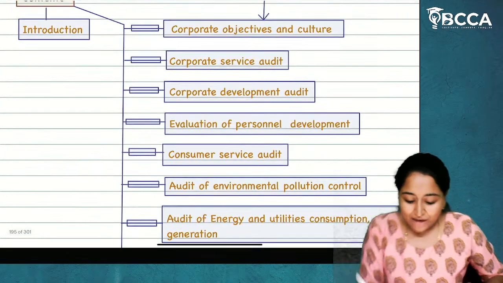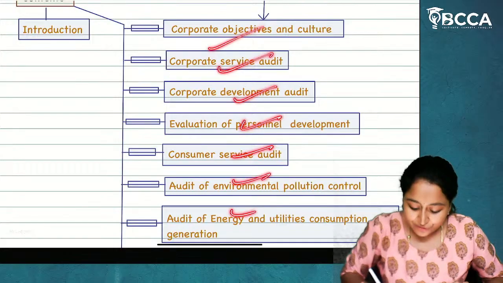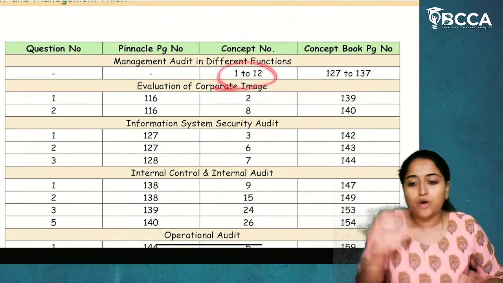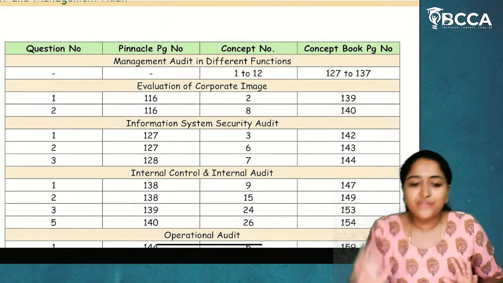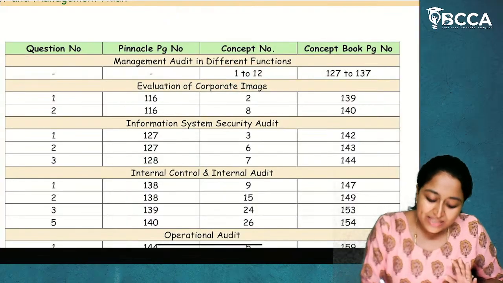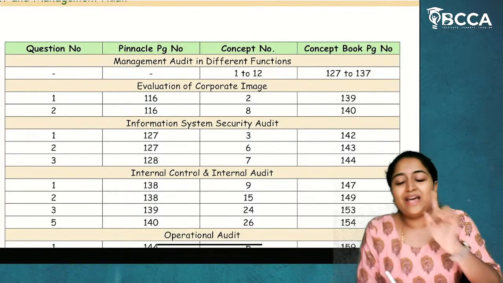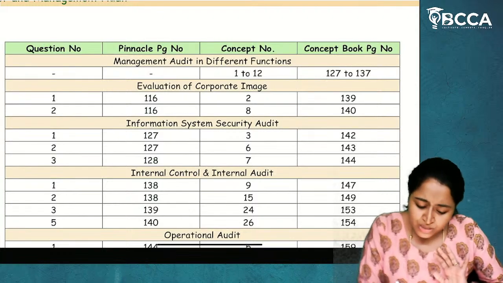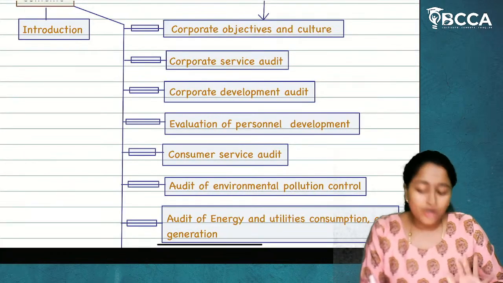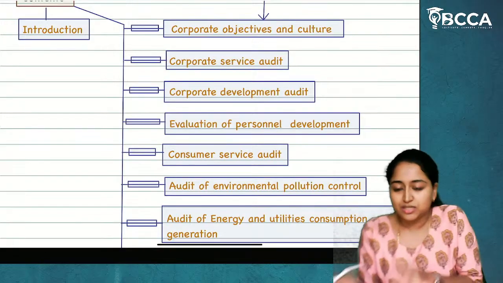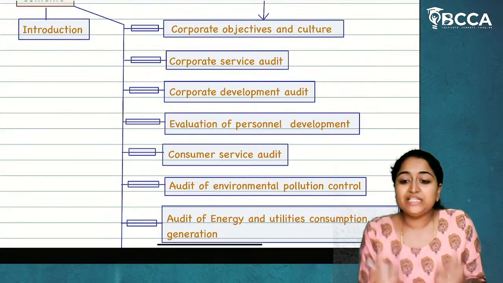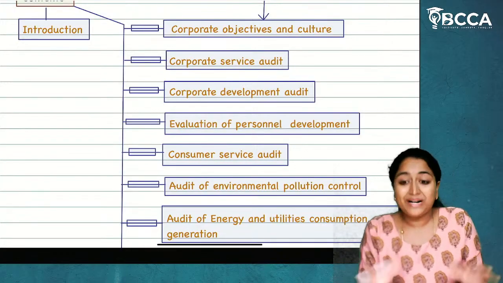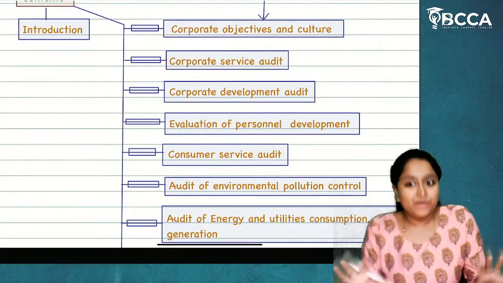Now, as I have told you the introduction about each and every audit, I have given you the super 50 questions, all concepts 1 to 12. Now, why have I given all concepts 1 to 12? Because in the examination, from one analysis or from one audit, the question is asked compulsorily. So you have to prepare all the audits irrespective of whether this is important or not. As this is a new syllabus and in each and every attempt the paper pattern is getting changed, but we know from what topics the questions can be asked.